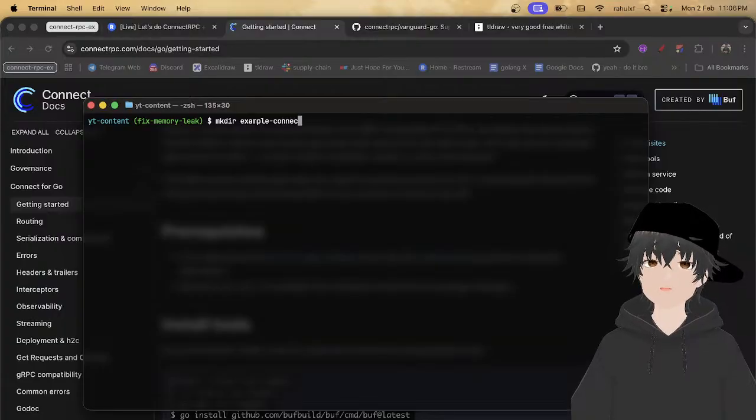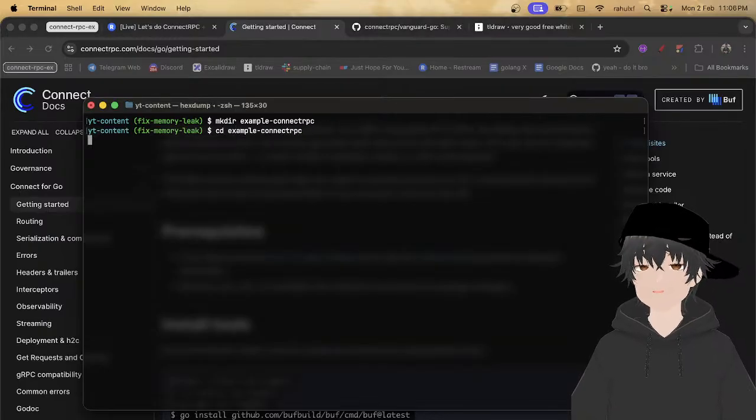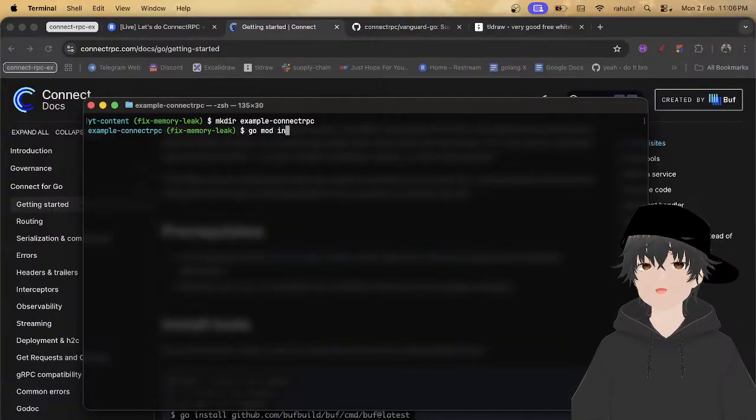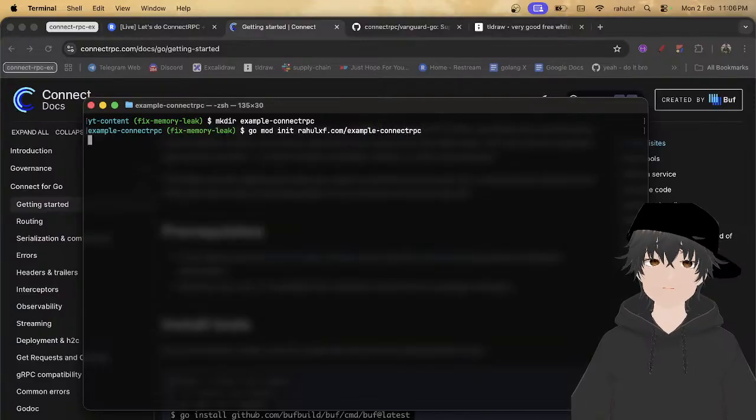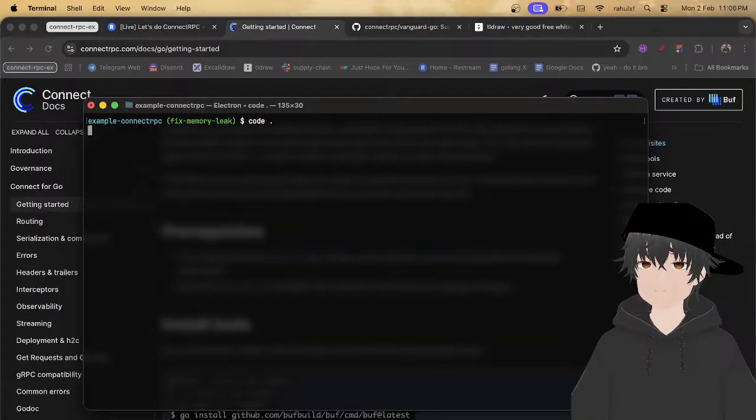We can go for example, connect RPC. Example, connect RPC, and then we can go mod edit, example.com/connect-rpc. Okay, we can open this in the code editor.